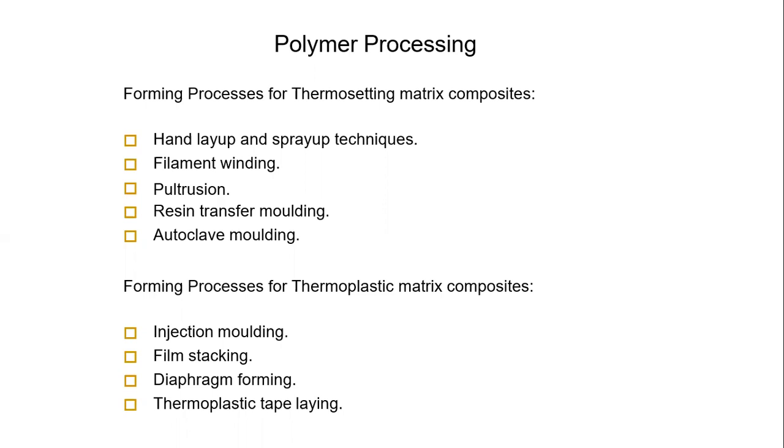So these are all the introduction part in the second unit, but you can see the extension in the next unit. So the processing will be in detail in the next unit, under manufacturing methods of the polymer matrix composites. There each and every method can be seen in detail. Here he only gave the start, only the introduction. So these are the different types of polymer processing methods used in the thermosetting matrix composites as well as the thermoplastic composites. Later we can see the full brief explanation of these manufacturing methods.